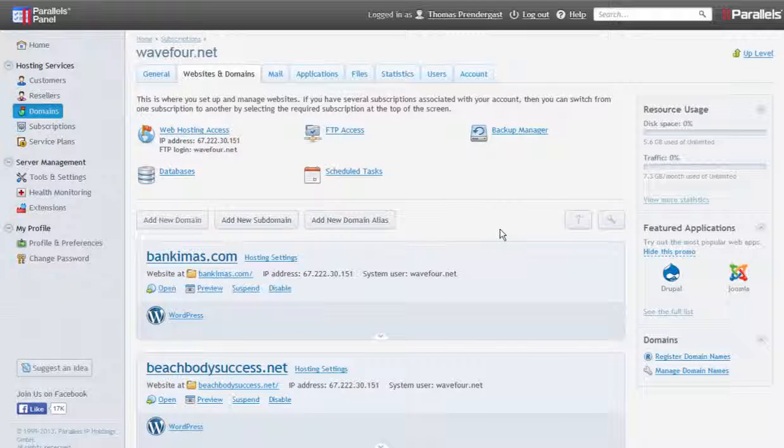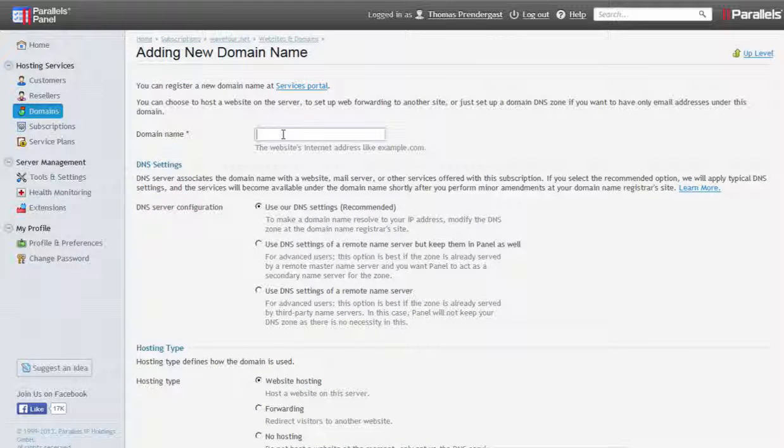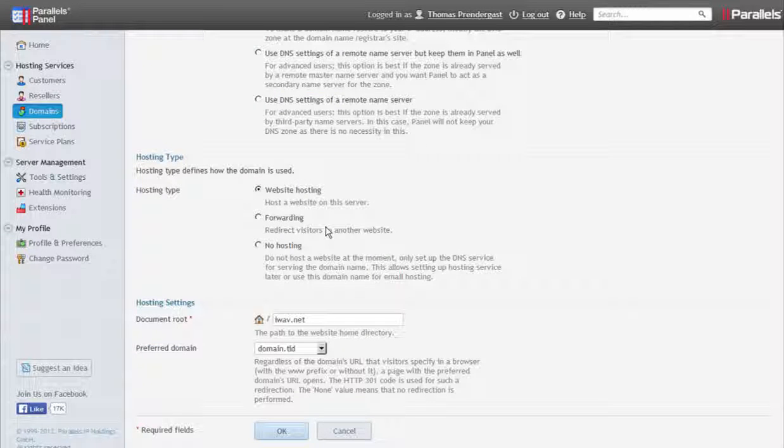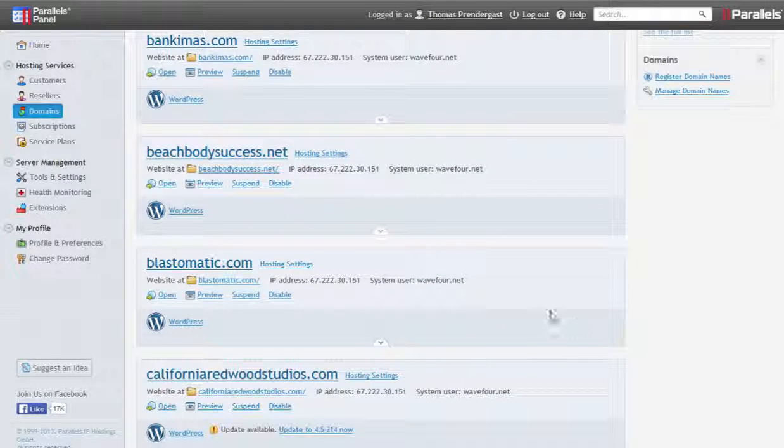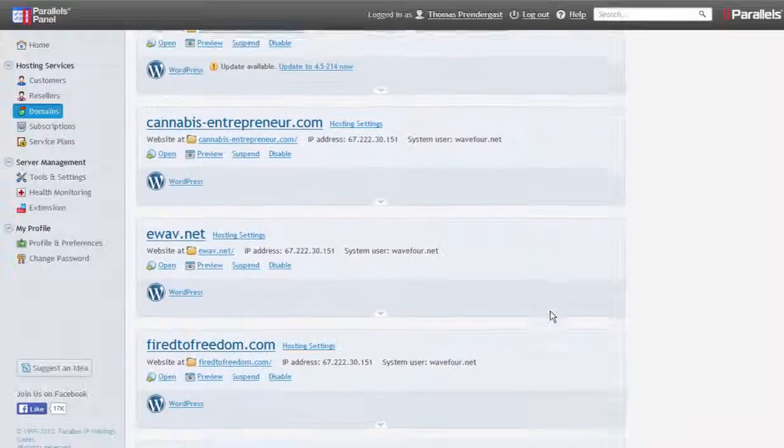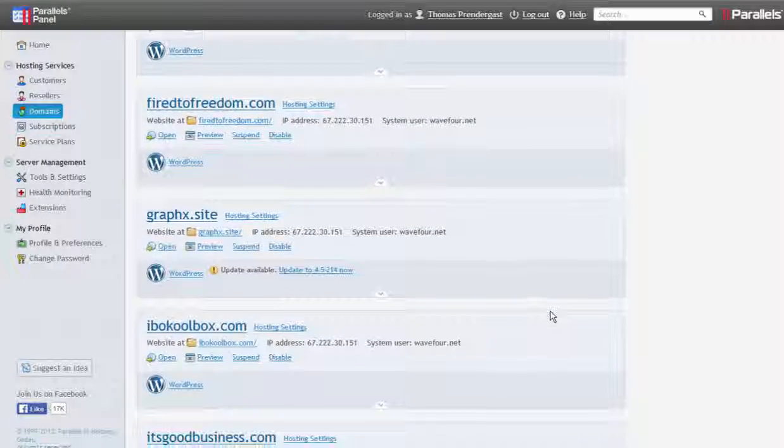Now I'm assuming you've acquired a domain from your domain registrar. I'm in a hosting account here, so I'm going to add new domain, and that domain is iWave.net, and we're doing website hosting, and we click OK. Alright, now that it's set up, we're going to go to